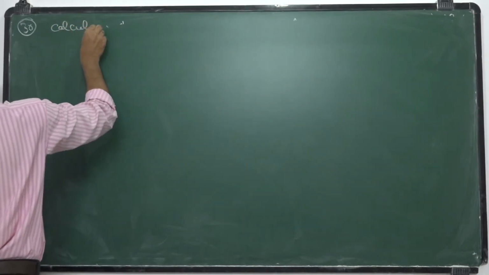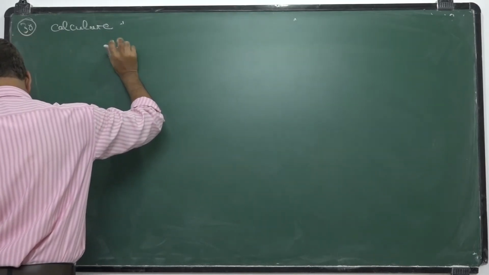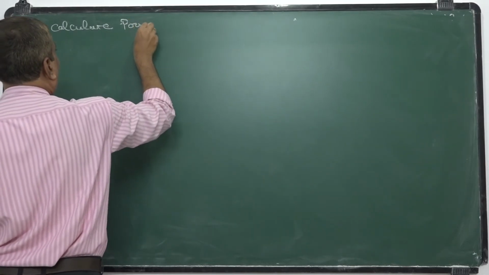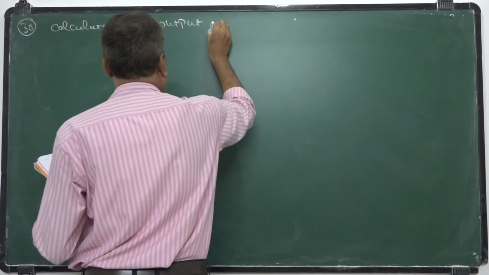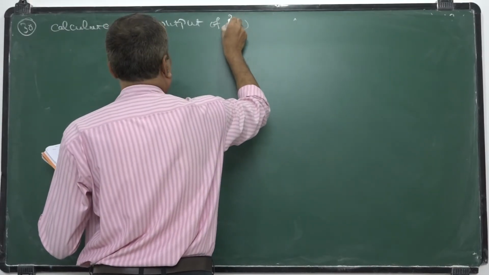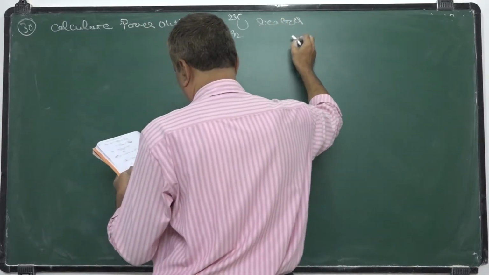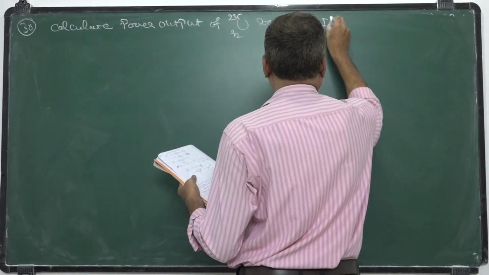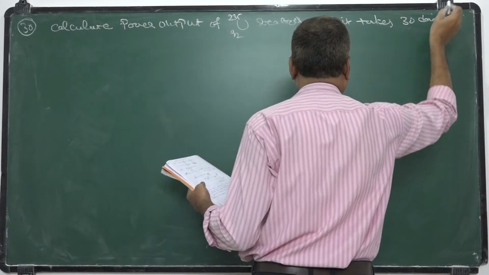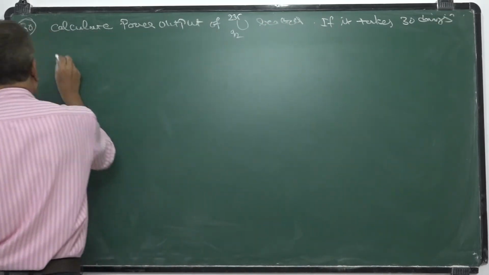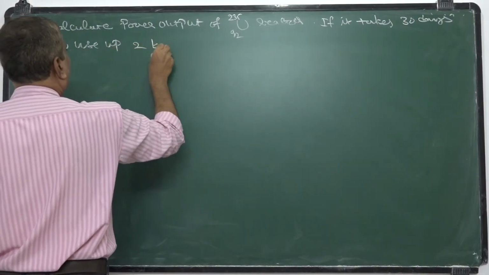Calculate power output. Calculate the power output of uranium-235 reactor if it takes 30 days to use up 2 kg fuel